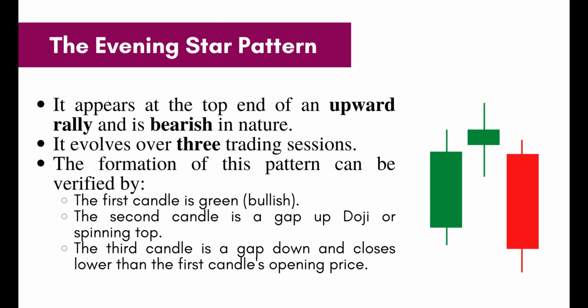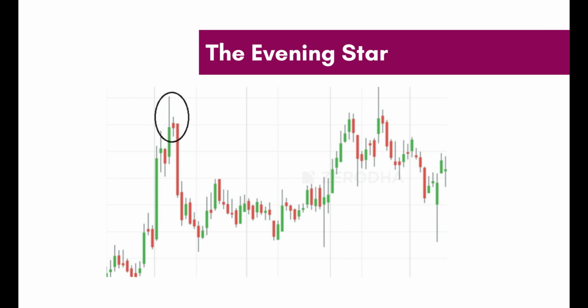This uncertainty causes panic for the bulls, and on day 3, the bulls completely lose their stronghold. With the gap down opening, a long red candle is formed with its closing below the opening price of first day's candle. This action on day 3 brings in a shorting opportunity for the traders, and as you can see here in the chart, that how the traders would have benefited by analyzing this pattern. The trade setup for the evening star would be to short the stock around the closing price on day 3, with the highest high of the pattern as the stop loss.